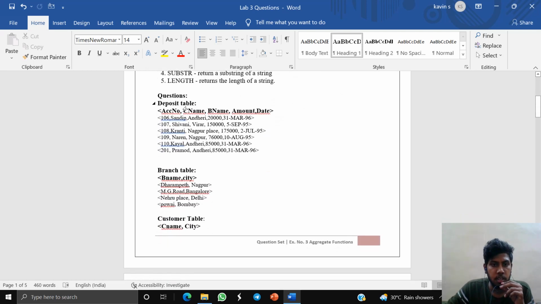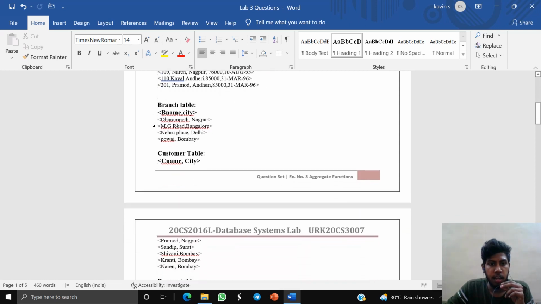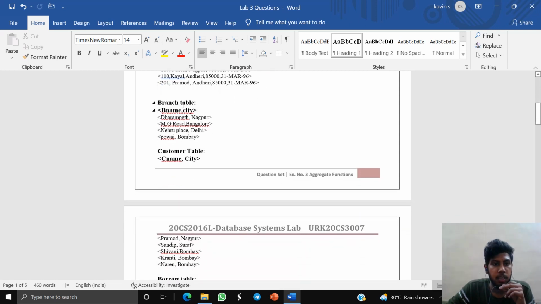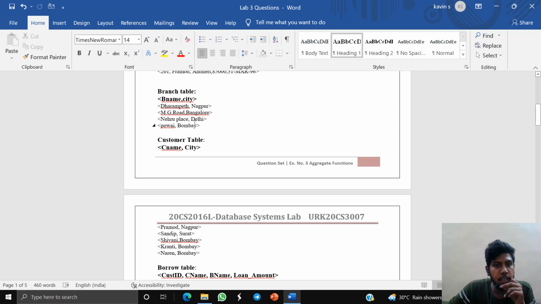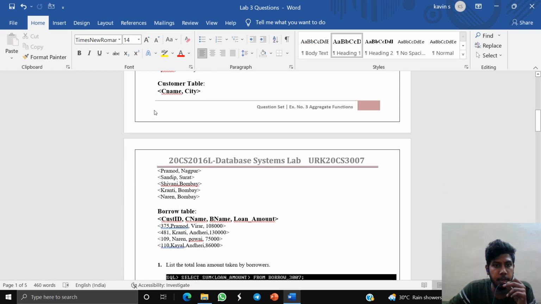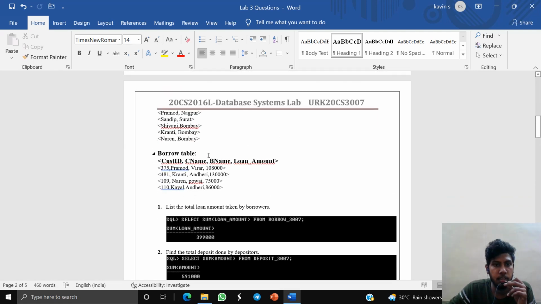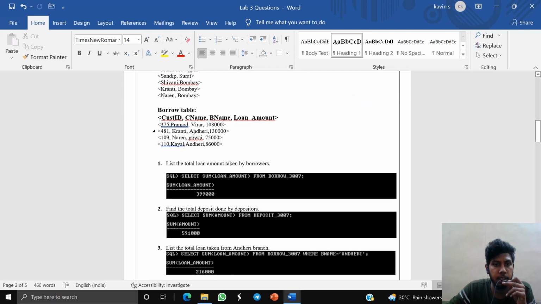First we want to create a table with account number, customer name, branch name, amount, and date, and after that we want to enter the data. Similarly, we want to create a branch table with bname and city. We also want to give the data, and likewise for the customer table and the borrow table, similar to all the tables. It will create the data and insert the values: customer id, customer name, branch name, loan